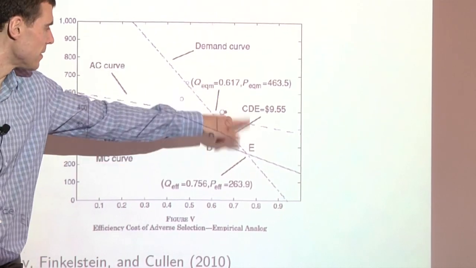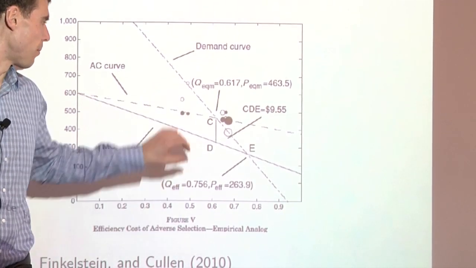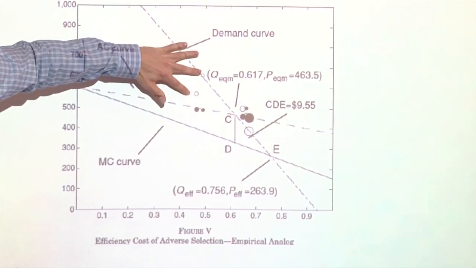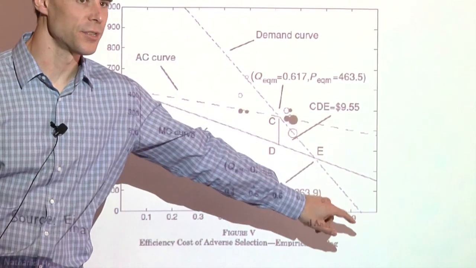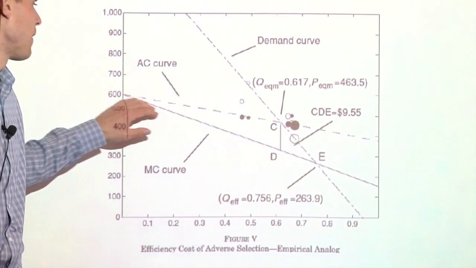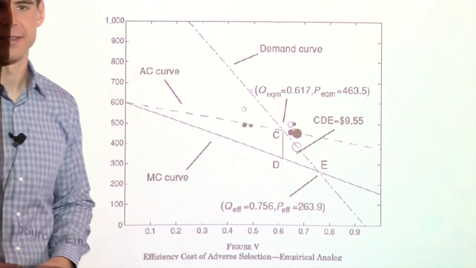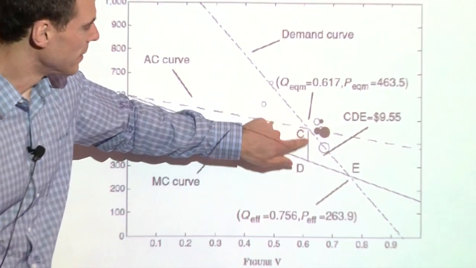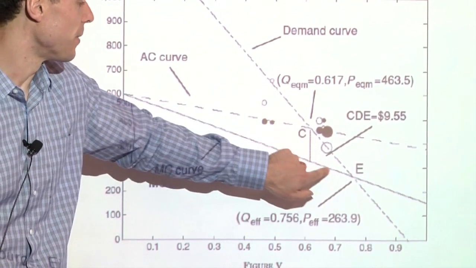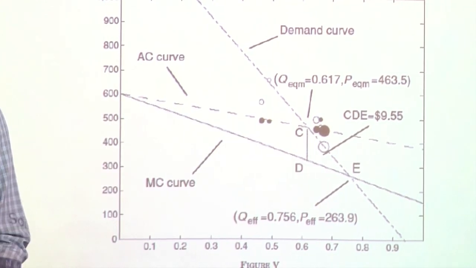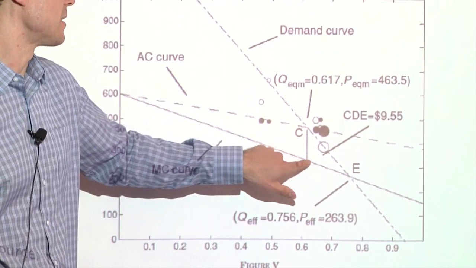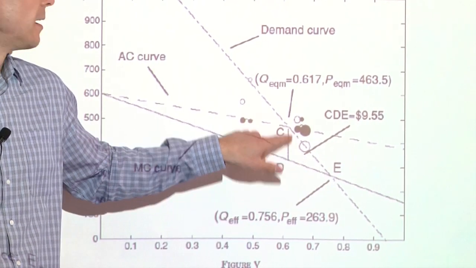Then you plot each of these numbers for the different business units. The circles here are plotting the fraction of people purchasing that policy, so the demand curve, and the average cost curve is the average cost experienced by the set of people actually demanding the policy. Now you get this region here, which you could shade in. That's the welfare cost from the presence of adverse selection, from the fact that the pricing is inefficient, since you would have liked to price at the marginal cost curve, not the average cost curve.